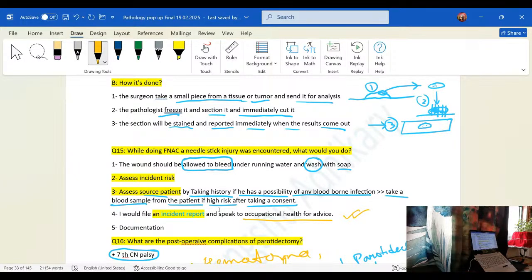First, allow the wound to bleed under running water and wash with soap and water, and assess the incident risk. Assess the source patient by taking the history. If there is any possibility of blood-borne infection, take blood samples for